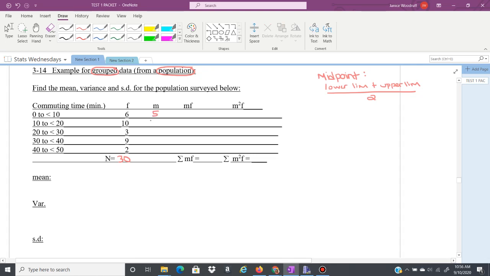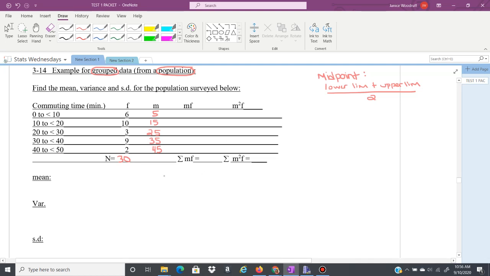Middle of 10 and 20 is 15. 20 and 30, 25. So these are easy ones. 35, 45. Okay, so the average, this is your lower limit. This is your upper limit. Okay, and then we need all of these values to use our formula, which I'm going to